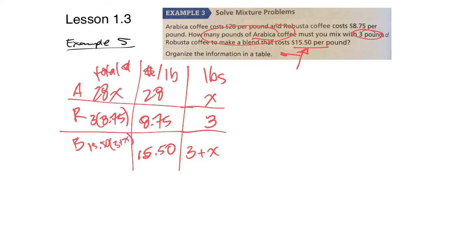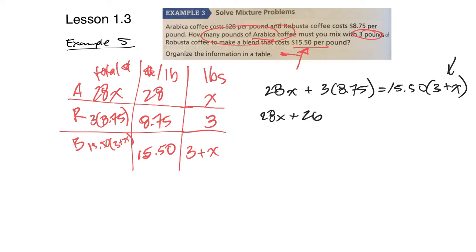So now I have everything I need to solve this equation. We're going to look at the cost. So the cost of my blend is however much I'm putting of Arabica beans plus however much I'm putting in of the Robusta. That's supposed to equal $15.50 per pound, but here's the per pounds. Those are the pounds I'm using. I don't know how many I'm at. So I'm going to simplify, and I'm going to get